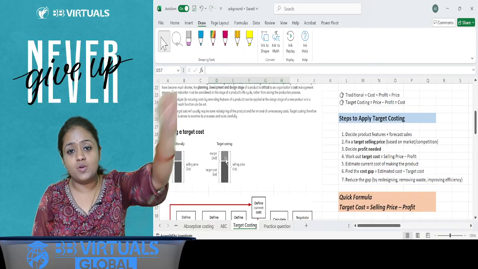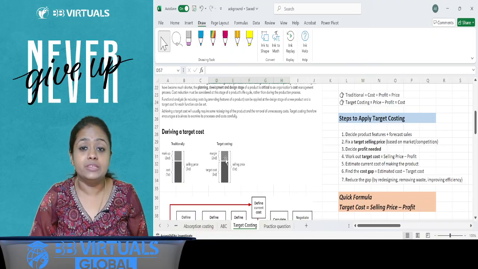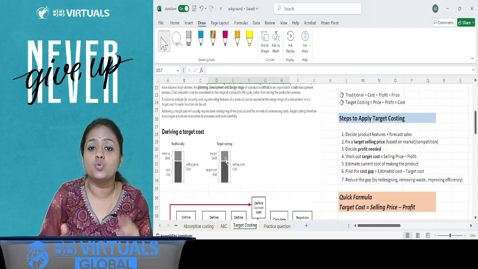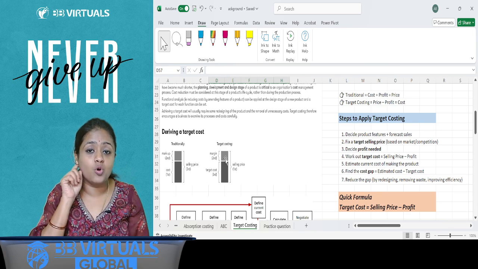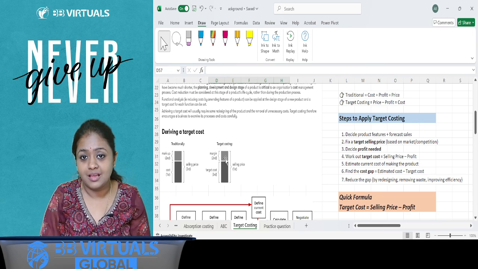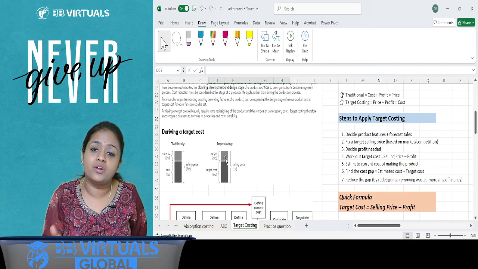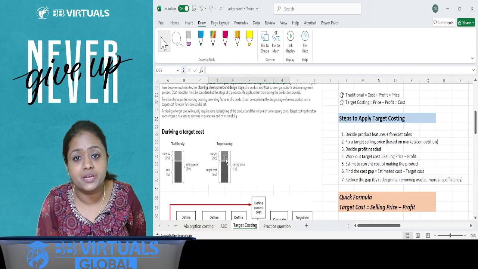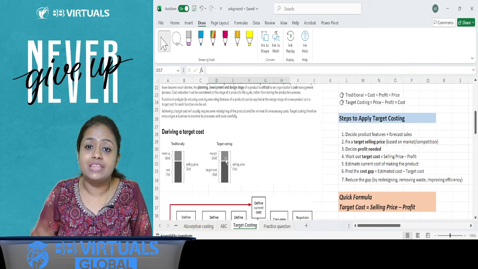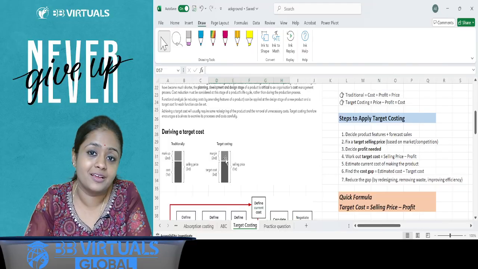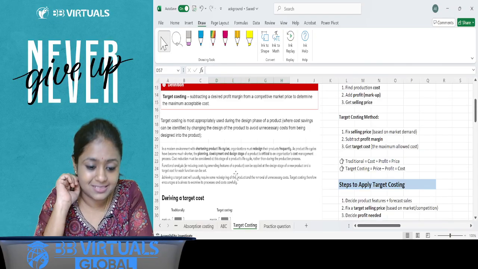You remember the Nano car when it was manufactured by Tata, that time it was renowned as a 1 lakh car. The initial costing of the product was around 2 lakhs. It was not coming down to 1 lakh. So what Mr. Tata suggested was, please source different materials. Instead of the materials for the engine that you are using here, source similar kinds of materials that are available at a cheaper rate. When they sourced differently, with a bit of design change, they reduced the price to 1 lakh. So this is where target costing comes into place, right?